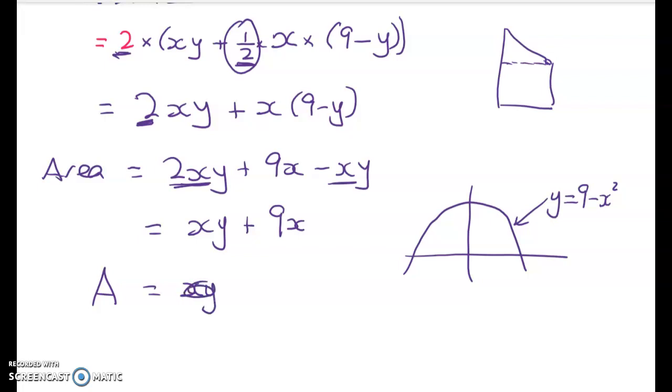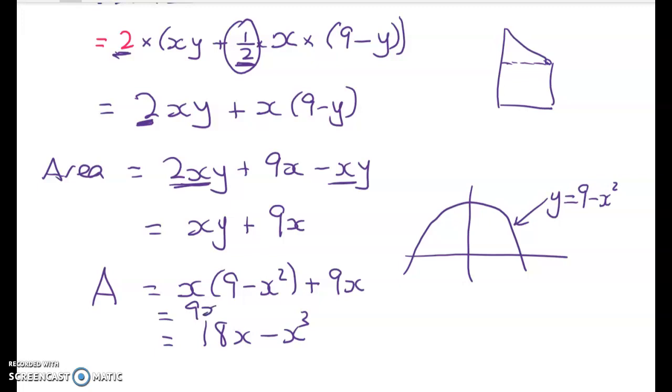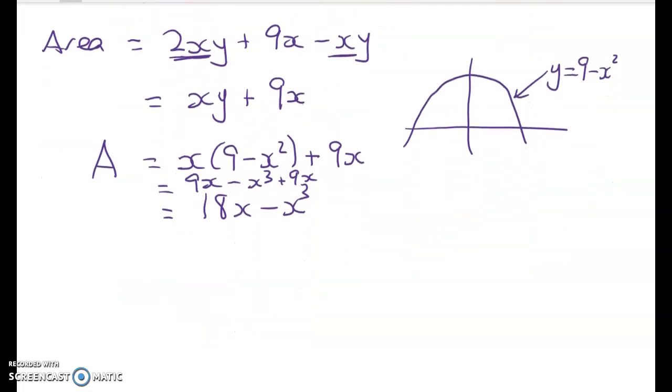Oh, that's what I'm trying to undo. Just a sec. Right, so we've got x times 9 minus x squared plus 9x. That gives me 18x minus x cubed. Right. Sorry, I'll do that slower. 9x minus x cubed plus 9x. There we go. Now, if you look at where we've got down to, we've now got a really straightforward expression